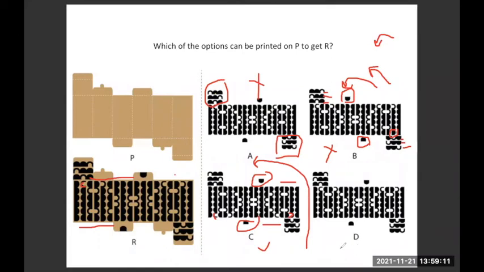No. No, right? Option D is straight away like an exact printout. You don't need to rotate it. Don't need to do anything. You print option D the way it is and you get the print which is there. So option D and option C are correct here. A and B are wrong. C and D are the correct ones. Any doubt? Anything? Any confusion?